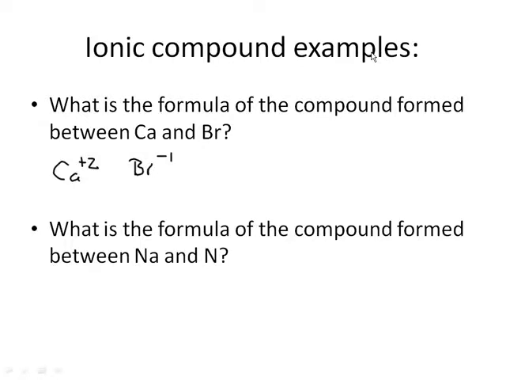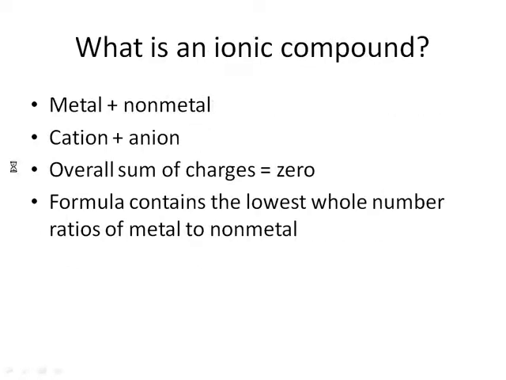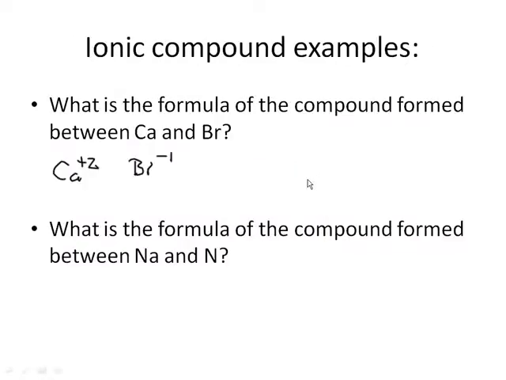And if you'll recall from back here, we said that the overall sum of the charges has to equal 0. So that means when I'm here with my calcium and my bromine, I need to make sure that I have enough calciums and enough bromines to add to 0. Well, right now, calcium has a +2 charge, and bromine has a -1. So if we write this as though we're doing addition,